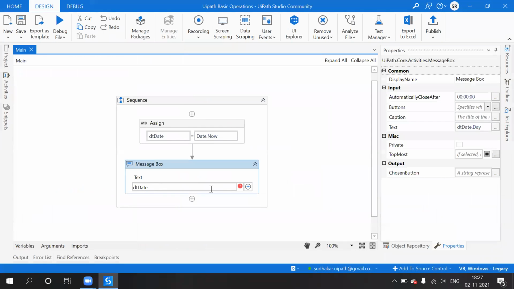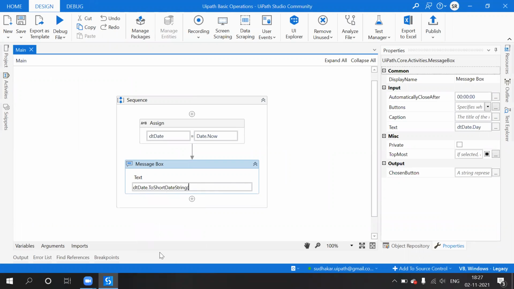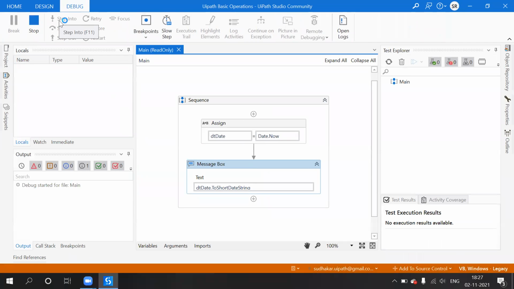Apart from that, there are some functions: ToLongDateString, ToLongTimeString, ToShortDateString. What is it? So ToShortDateString means it displays only the date.